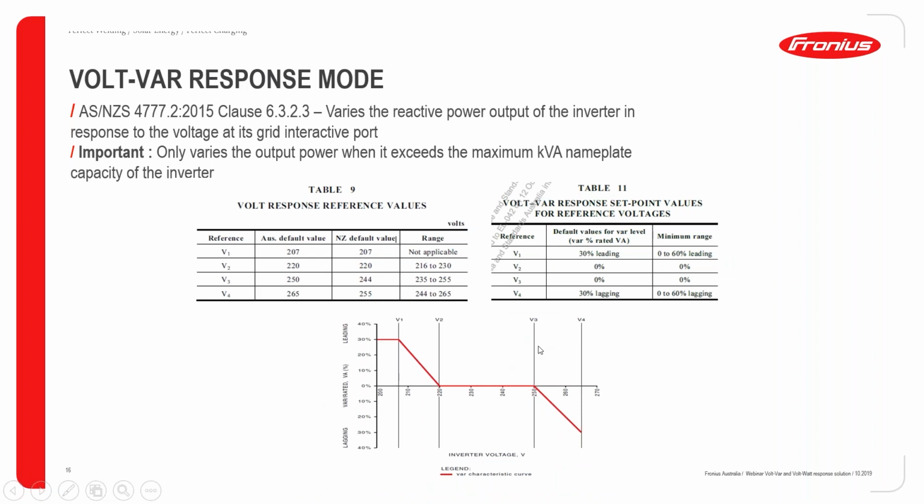And there is another response mode that was introduced in the new standard for inverters, and that's called Volt-VAR response mode. What it is basically, there are 4 voltage values specified in the tables, and we also have these 4 reactive power values specified in the table. So that means we'll have 8 set points in total. Peter will show you how to calculate those set points, but I just wanted to explain to you how to